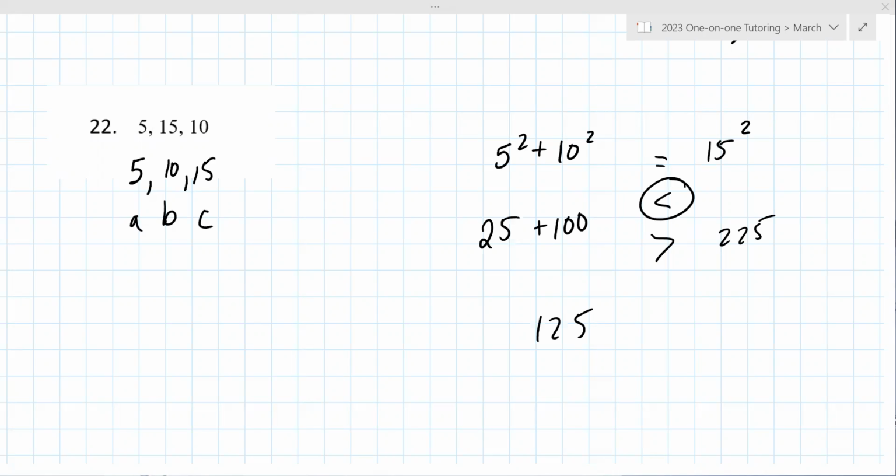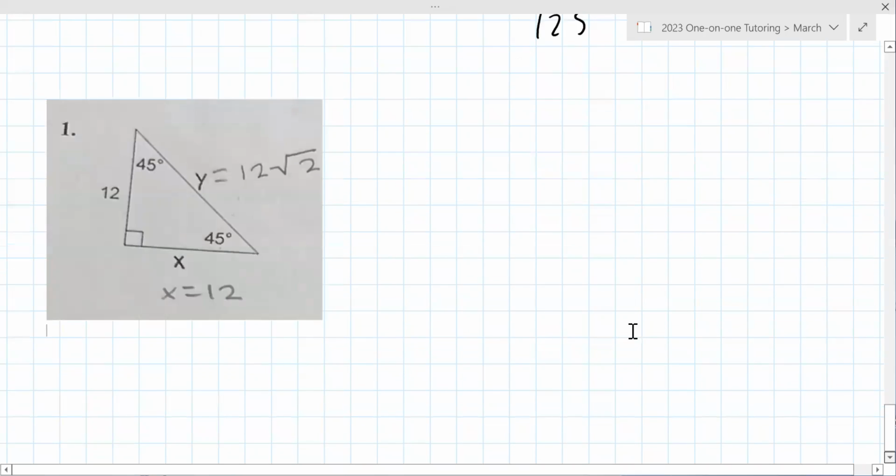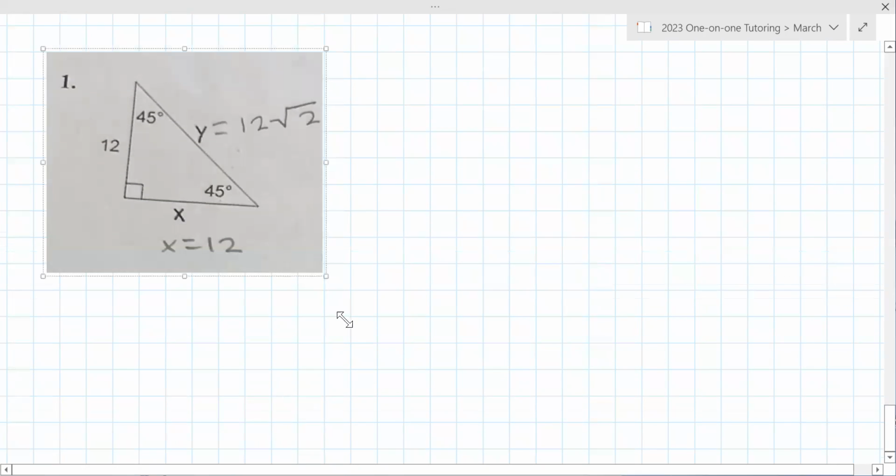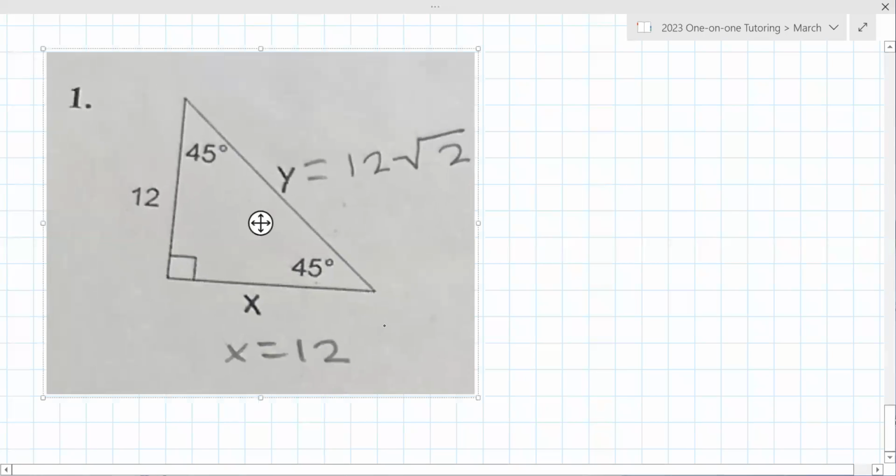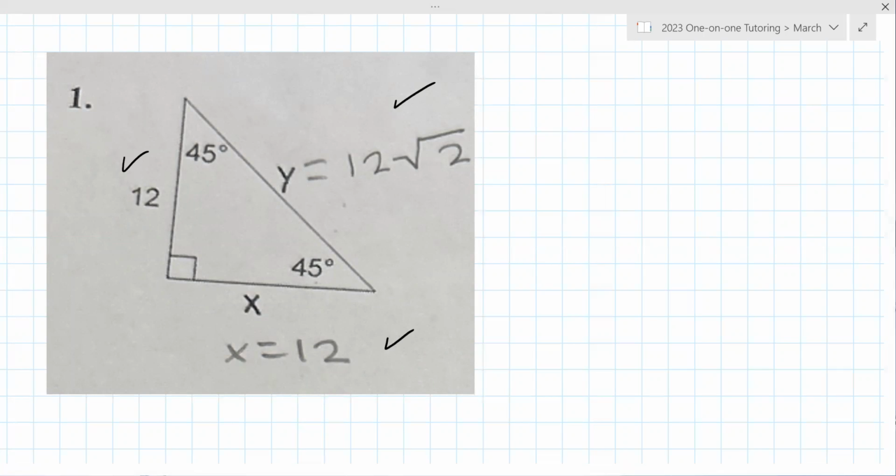All right, let me just get this to where I can snip. Okay. All right, so this is all correct. 12, 12, and 12 root 2. That looks good. Now, one of the things that would be wise to do on a worksheet like this is to do all the ones that are